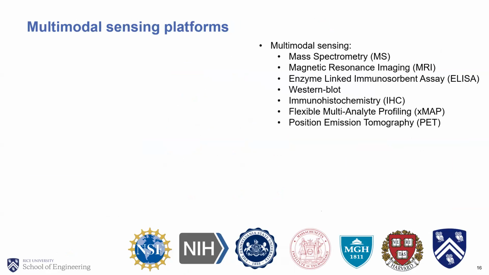So far, researchers in the biomedical field have developed lots of advanced sensing techniques, including mass spectrometry, MRI, ELISA, and so on. It would actually be better to combine all of these techniques, including Raman, to build a multimodal sensing platform. Next slide. And by combining all of these techniques, we can improve the accuracy for biomarker discovery. Next slide.